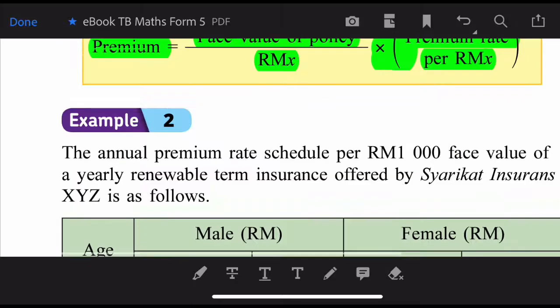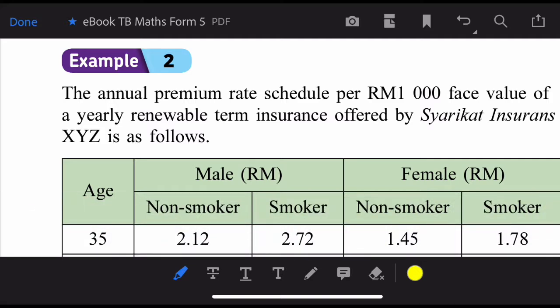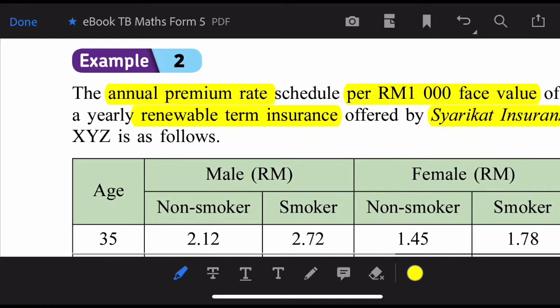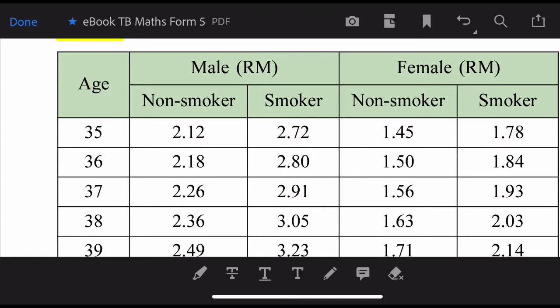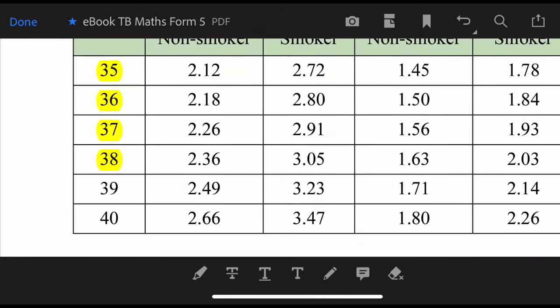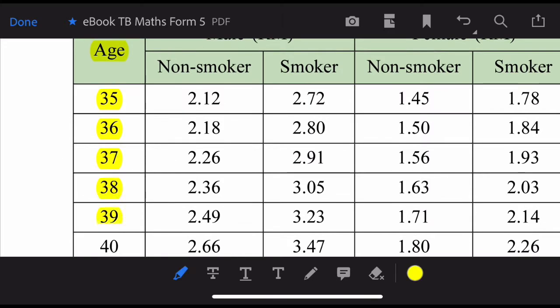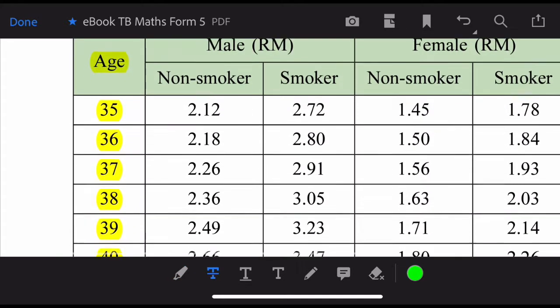Meaning that, let's see this example. The annual premium rate schedule given per 1,000 face value of a year renewable term insurance offered by Syarikat Insurance XYZ. So just study the table. As you can see, when the age increases, 35, 36, 37, 38, 39, until 40, the non-smoker male is 2.12,